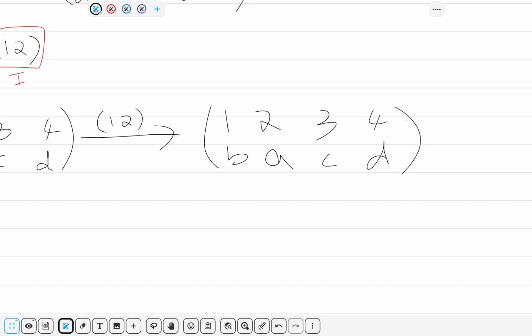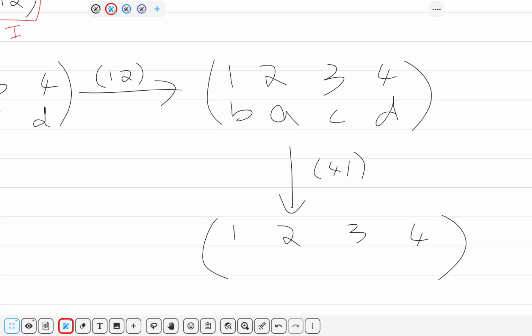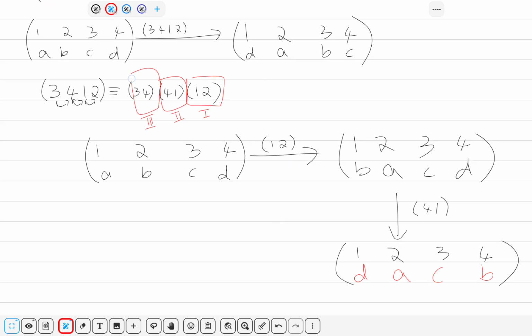So you do the same thing. Let me do it like this to save space. 1 2 3 4. Whatever is in the fourth position and the first position, just replace them. We're going to replace D and B, with A C as they are,